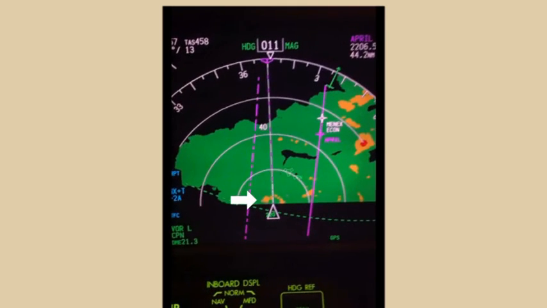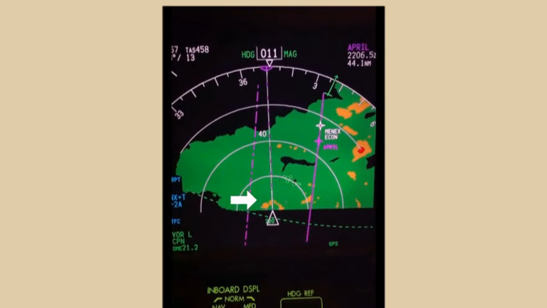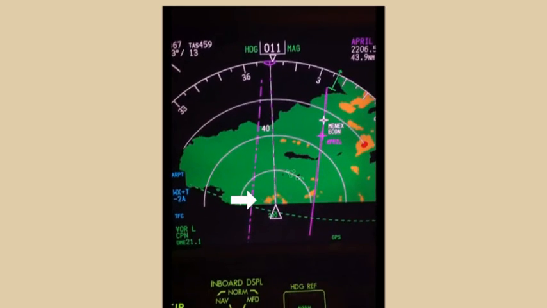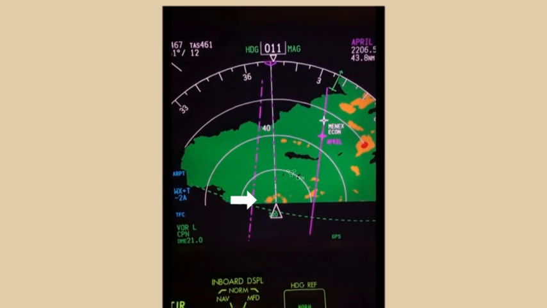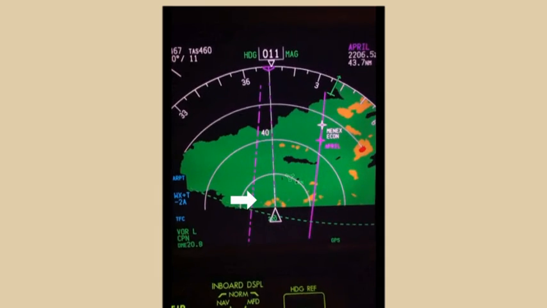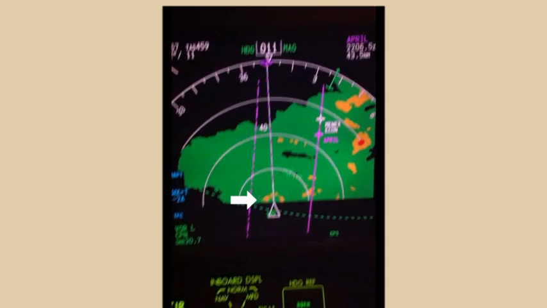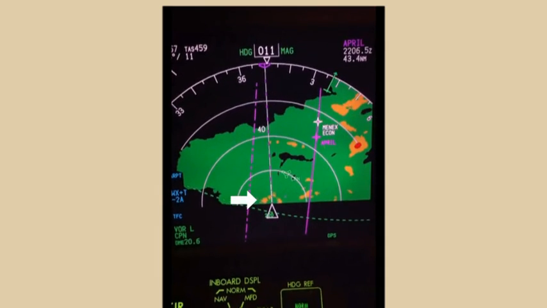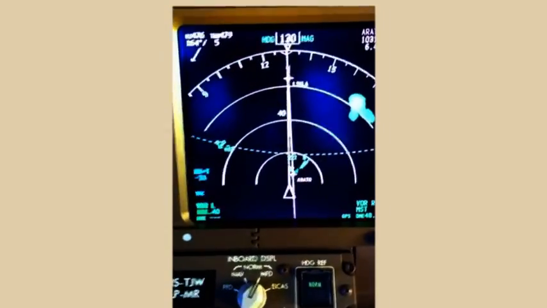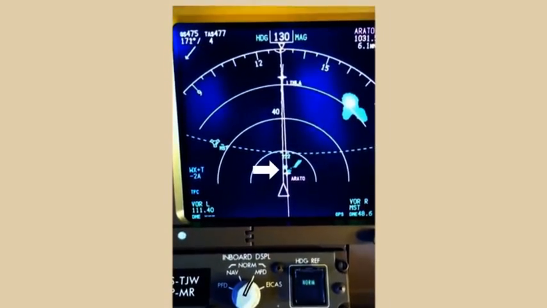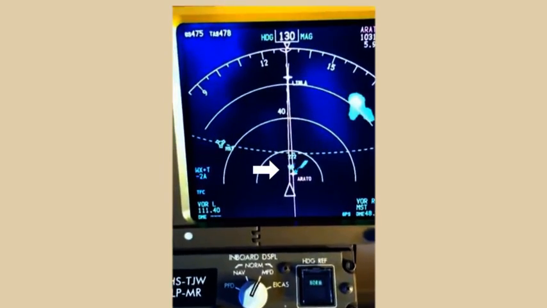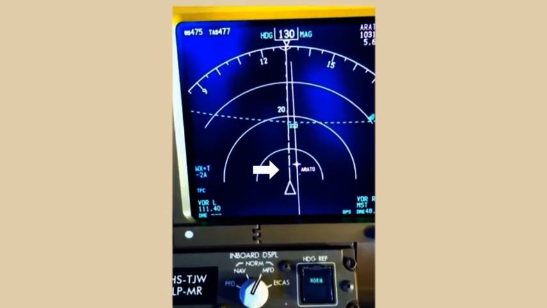In this case, the aircraft is experiencing stratiform conditions, and the blooming effect moves with and stays just in front of the aircraft. In stratiform rain conditions, the blooming effect may be ignored. In this video, the radar has detected convective activity below the aircraft, and at 7 miles, the weather return blooms